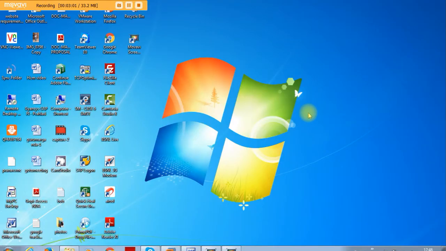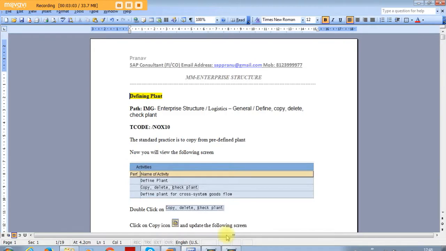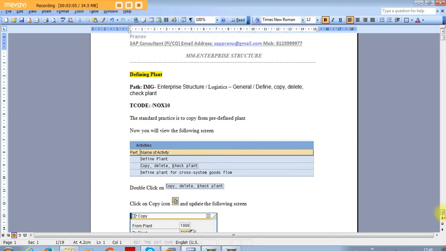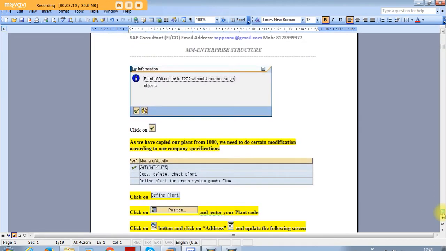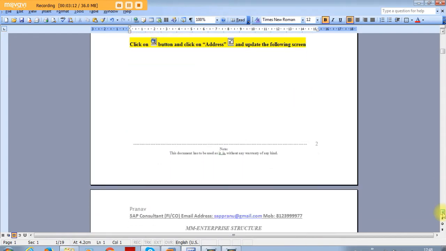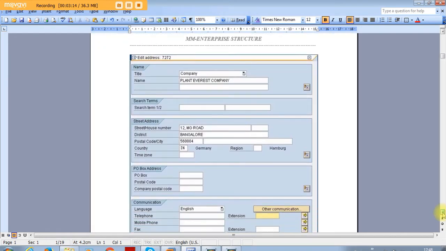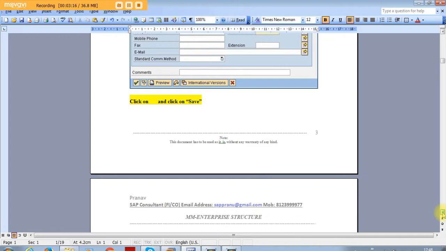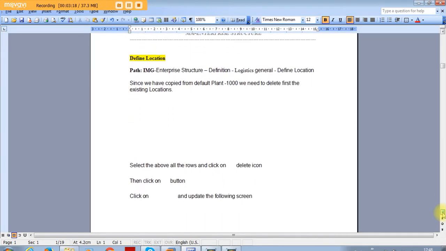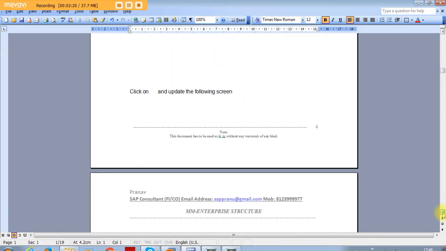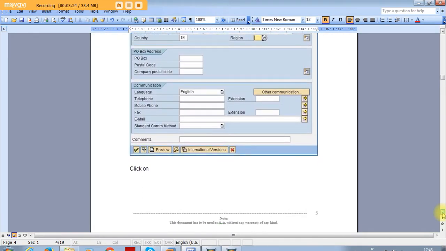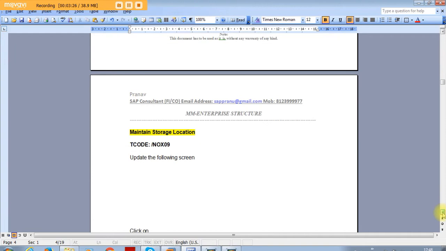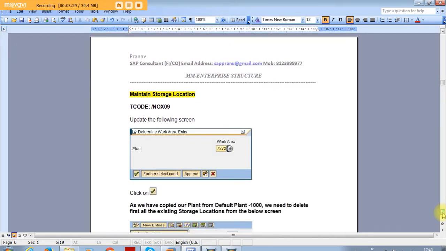Now we will see what we need to configure next. We need to configure the storage location.